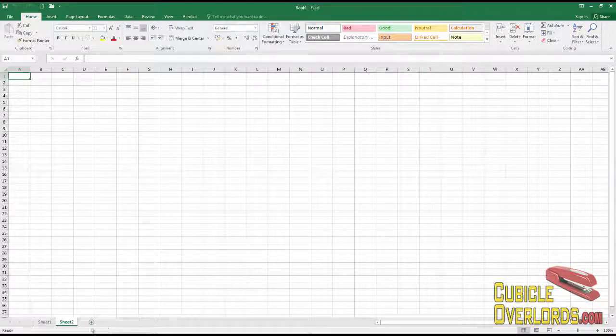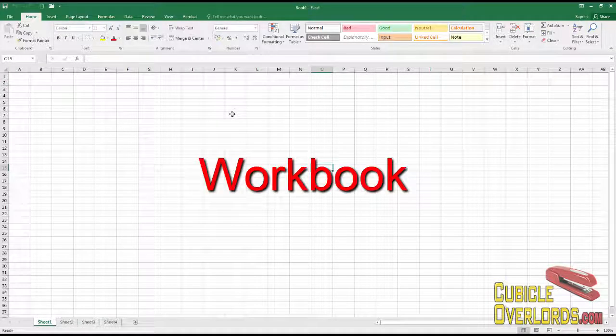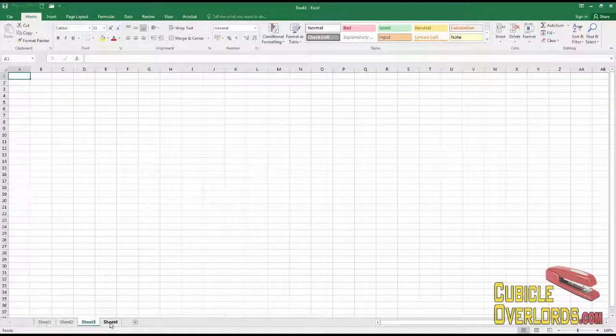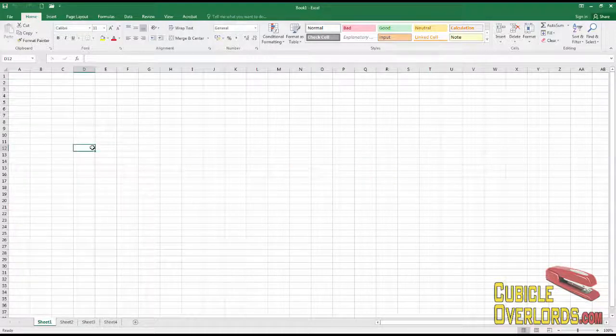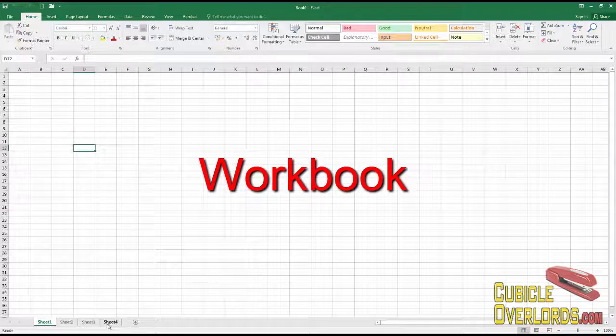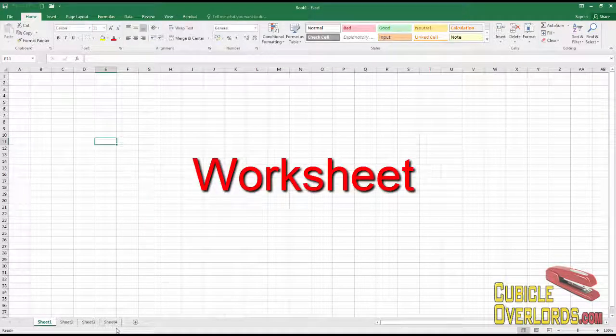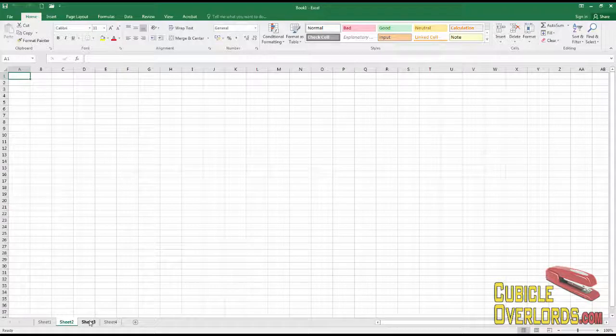If I click on this plus symbol here, see, I get more pages in my Excel workbook. Each Excel file is called a workbook, by the way, and each one of these is called a worksheet. Okay, remember that difference. Your Excel file is called a workbook, and each page is called a worksheet. And you access your worksheets by clicking these little tabs